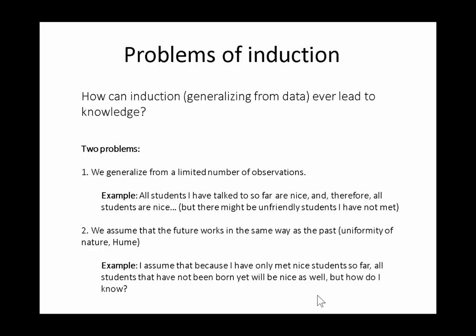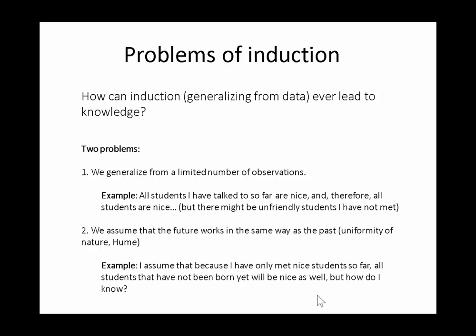Why? Well, you're only looking at a certain amount of observations, right? That's the first problem of induction, when you generalize from a limited number of observations. I could talk with all of the students here in the lecture theater, and all of you are nice, but there could be still lots of nasty science students out there. But I haven't talked with them yet. Okay, let me go out and talk with all of them. Then maybe everybody at UCD is really nice. But those buggers at Trinity, they really suck.